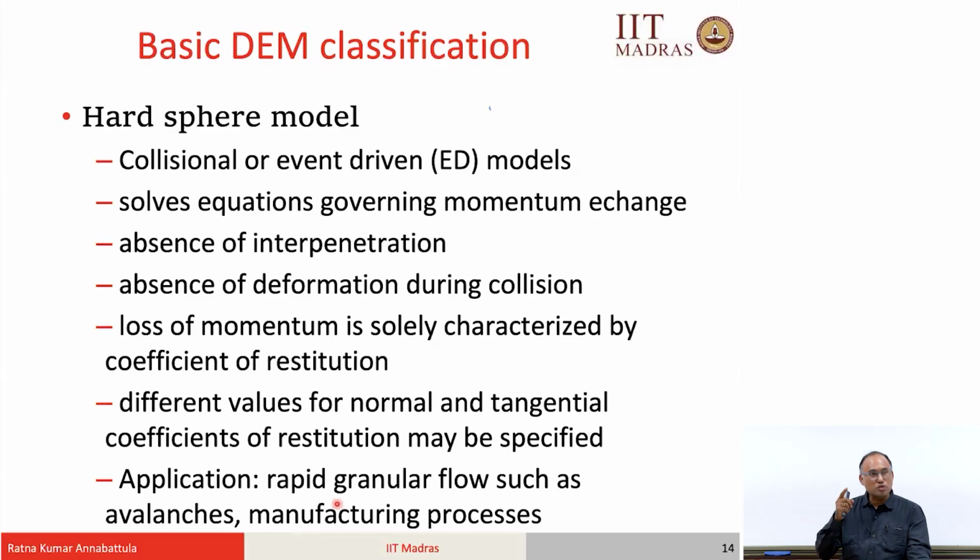The coefficient of restitution is a property of what? It is not the property of the particle, it is the property of 2 contacting particles, right. You cannot have a coefficient of restitution for steel, you will have a coefficient of restitution for steel on steel, steel on wood, steel on soil, steel on concrete. It is a contact